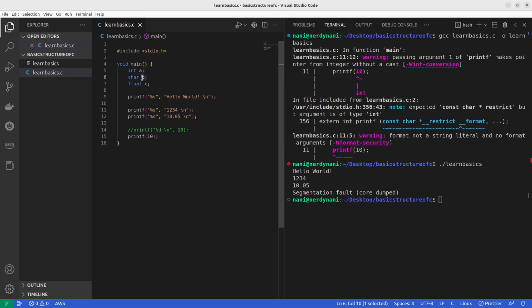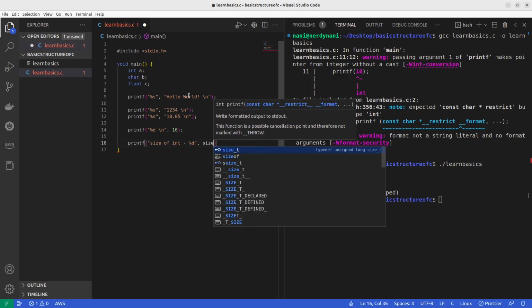Here b is a variable of type character, wherein I can store a character. And c is a variable of type float, so I can store 10.25, 10.34, or floating point numbers, or decimals. Basically, each data type has a size. So let's try printf, and we'll remove this. I'm going to uncomment, and we have this thing called sizeof int equal to